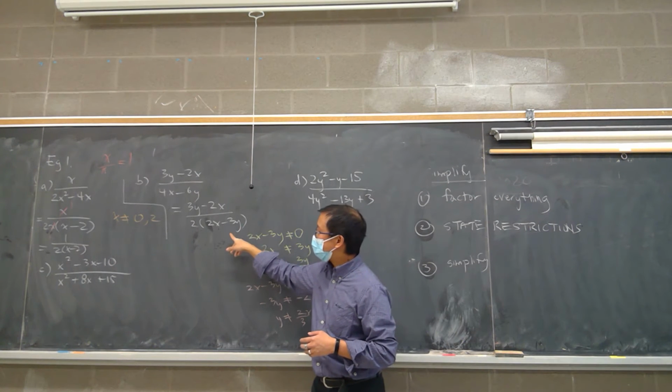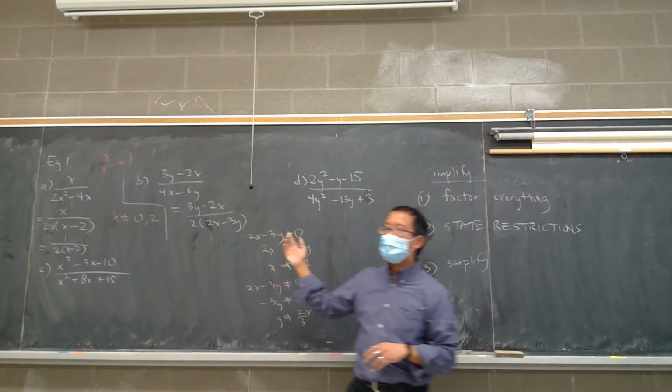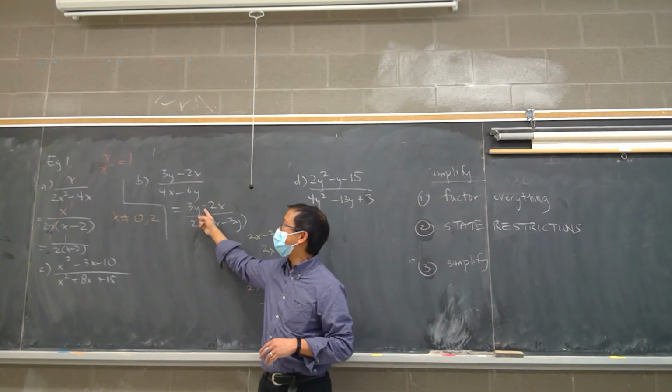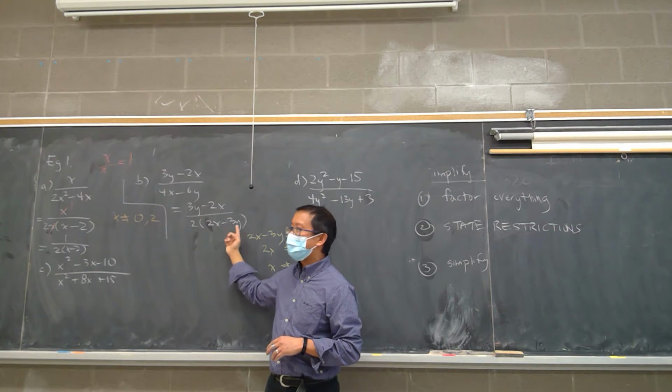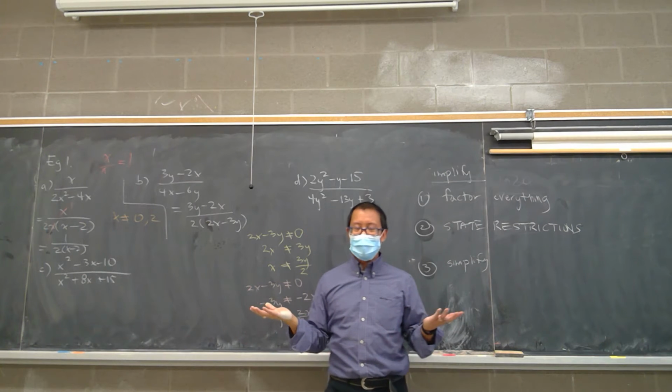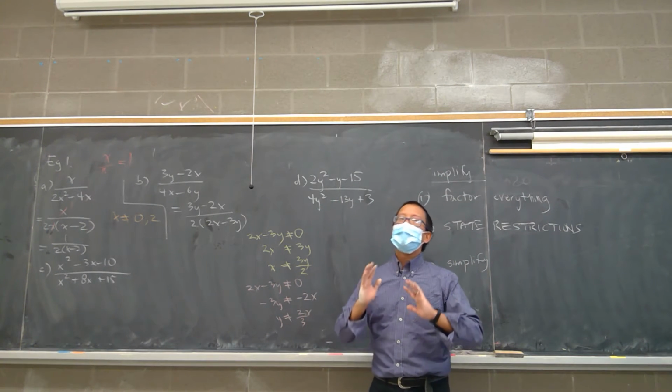So back to this one. Why did I say this question was a little interesting? Well, let's take a look at this question a little bit further. That's 3y minus 2x in the numerator. And that's 2x minus 3y in the denominator. And it looks like, Mr. Trump, you can't divide out. They're not the same, because subtraction is not commutative. However,